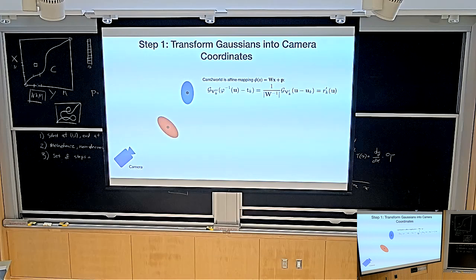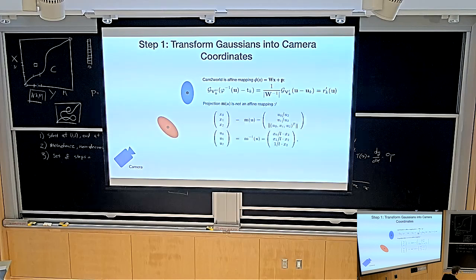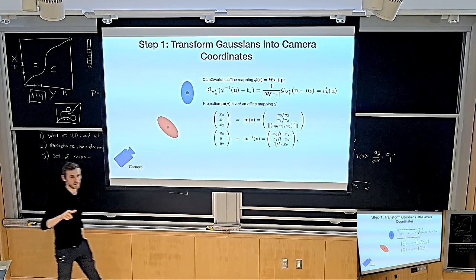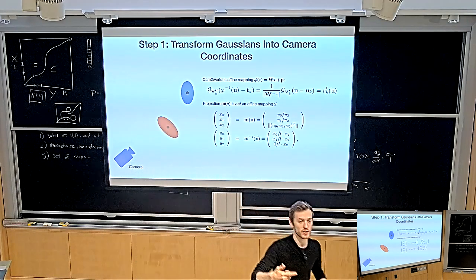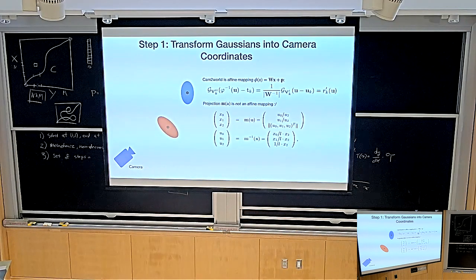Unfortunately, that mapping is not an affine mapping. What does that mean? It just means it's not a linear plus offset map, right? If you remember correctly, this is what homogeneous coordinates kind of fixed: in homogeneous coordinates, projection was an affine map, parameterized just by the intrinsic matrix. Unfortunately, at the end of the day, we really need to sample our Gaussian with a 3D coordinate. The homogeneous coordinates don't help us. We really need to compute the projection.